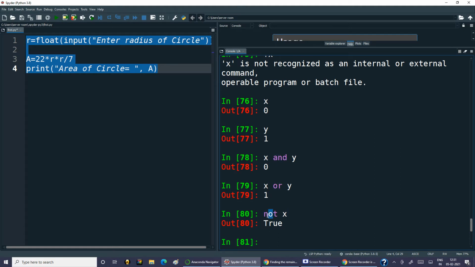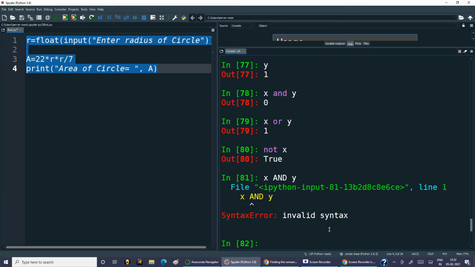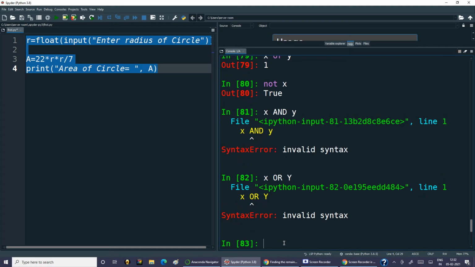So how to use logical operators? And, or, not, in words you will write. You will not use ampersand and pipe sign for or, and exclamation sign for not. Those symbols are used in C programming, but here we will use the words and, or, and not. Let us try and see what happens if I write like this, x AND y. So x and y are small letters, but I want to keep this AND in capital. So does this work or not? No, it is giving an error.